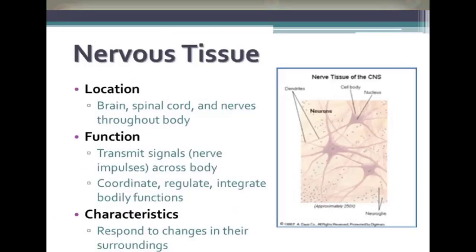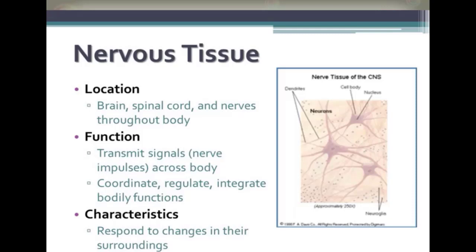The last tissue that we are going to discuss is the nervous tissue. It is present in your central nervous system. As you can see in the picture, you must be remembering now the neurons or the nerve cells. When they combine, we have the nerve tissue. They function the same way as the nerves or the neurons. They carry the signals from the brain to other parts of the body, and from other parts of the body to the brain.